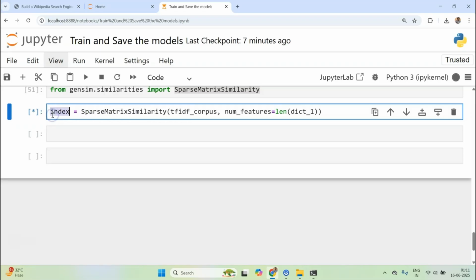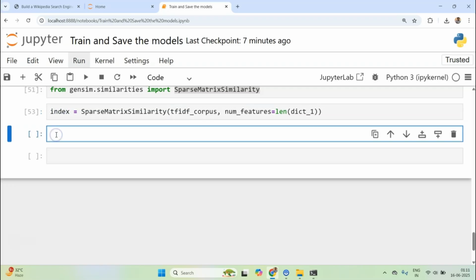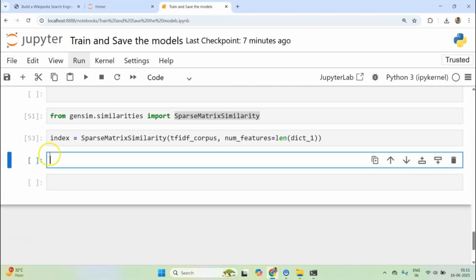Or let it run. We will try it out in later videos. So for this video, I just wanted to build this index, and that's it. What will this allow me to do? This will allow me to compute similarities. So essentially, if I have a query, what I want to do is